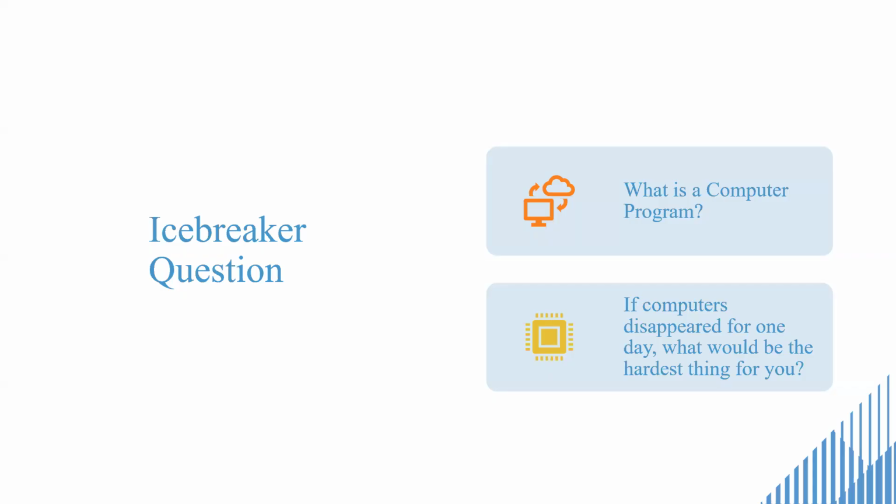I'm going to talk about the first question, what is a computer program. We can say that a computer program is a set or combination of recipes for the computer that allow the computer to know what to do and how to do it. For example, consider a very basic app like the calculator in the computer. This app is a set of instructions for the computer that says what to do, how to calculate numbers, how to add, how to subtract, and whatever the calculator app does.